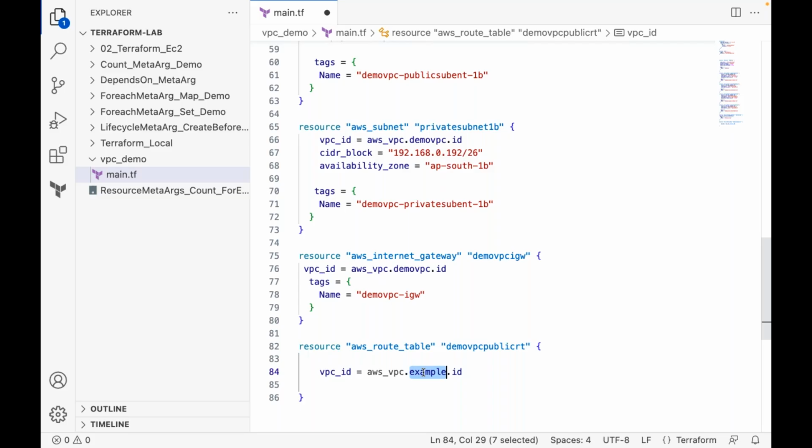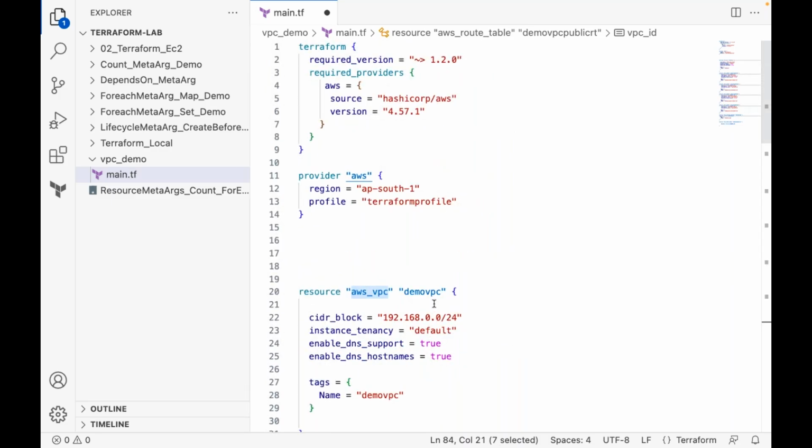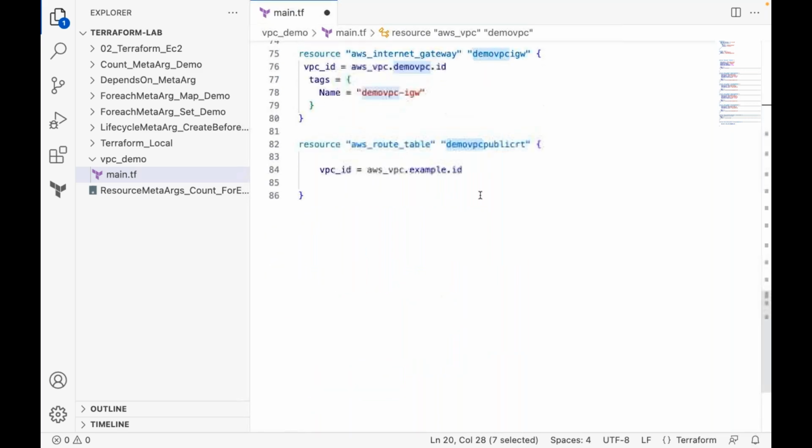This is local name they just referred. But if I run as is, do you think this will work? This is the local name for the AWS VPC I have used here? No. What is the name? Demo VPC. This is the VPC. Now